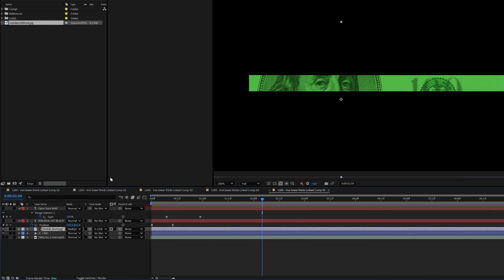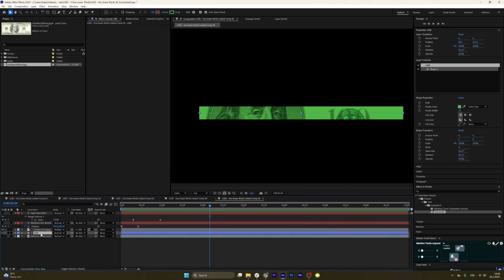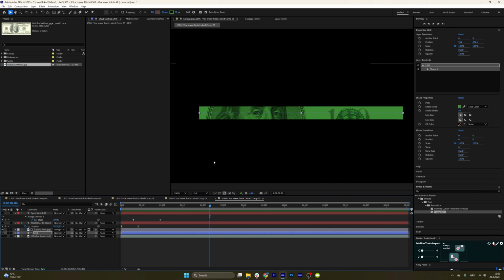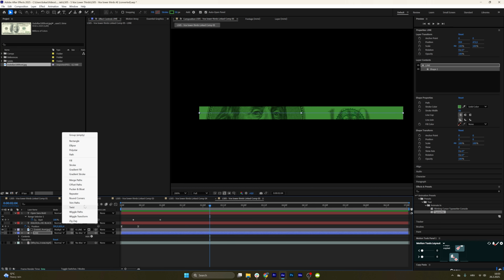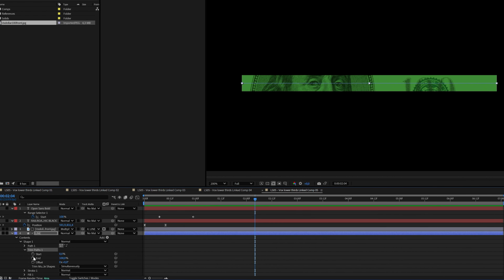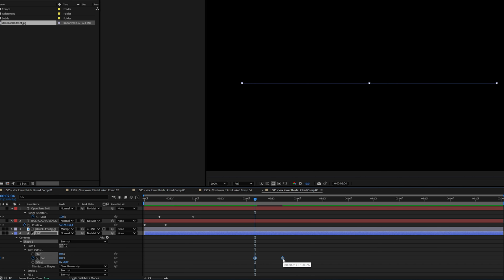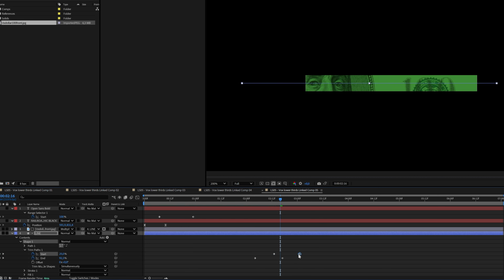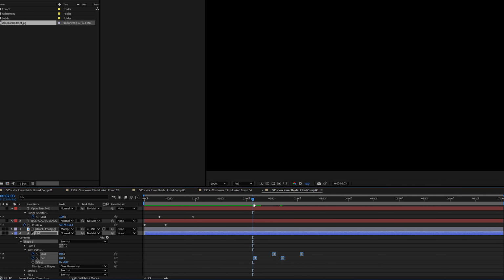So if we put it to be a multiply, it's going to take the color from the line itself so that we can play around with the color further. Maybe make it a bit darker, less saturated. And then we can start animating the line itself. Just a very simple trim paths animator, similar to what we did for that green line in the previous example. You can see how it appears, and we can also do the exit, F9 these so that they